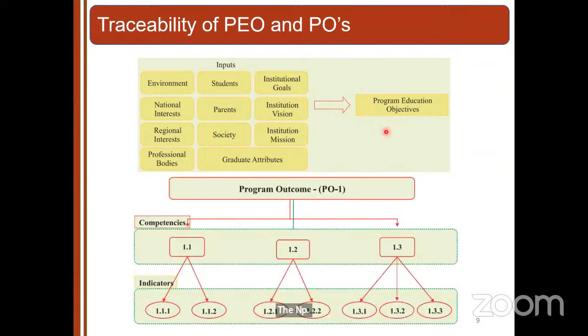The next thing that comes is program outcomes. This is a top to bottom approach. Let me say we have a program outcome 1, PO, that talks about 4 or 5 competencies that can be related in a hierarchical way. What are those competencies? We will see in the next few slides. And these competencies in turn are linked with the performance indicators. So any one competency can be linked to several performance indicators.